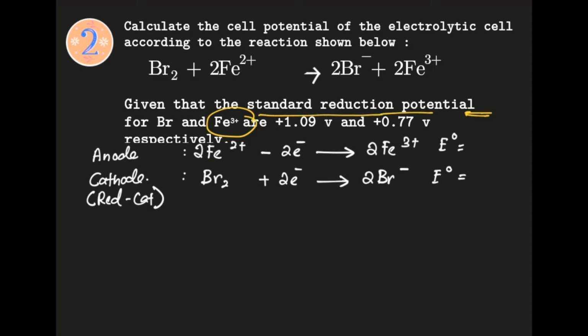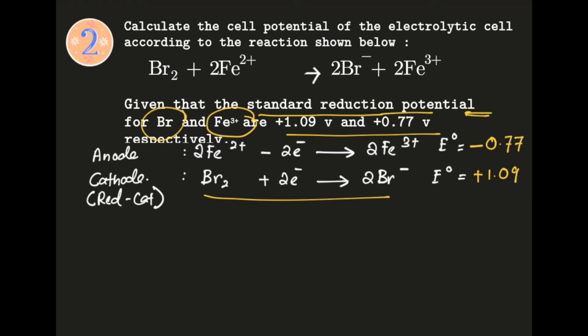Since this undergoes reduction, you use this value as it is, so 1.09. For this one, Fe3+ means that this will undergo reduction to Fe2+, but now it's at the anode, so it's the other way around. Since this one is positive 0.77, it becomes negative